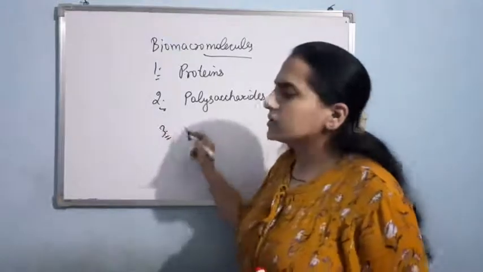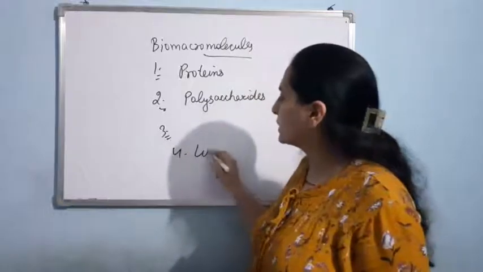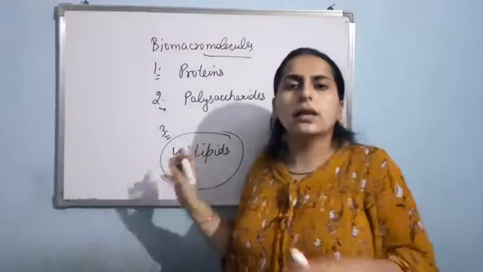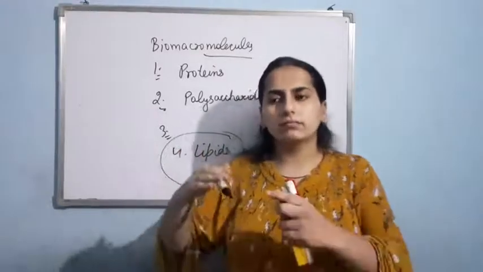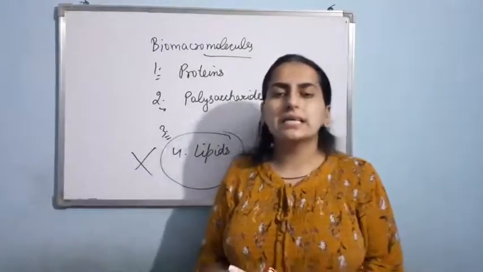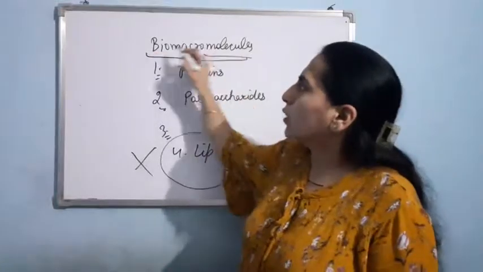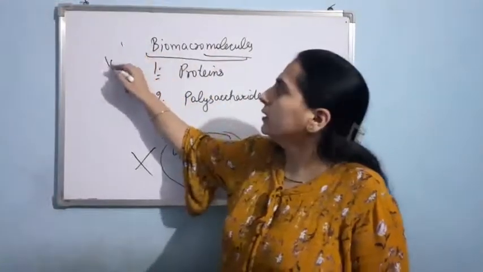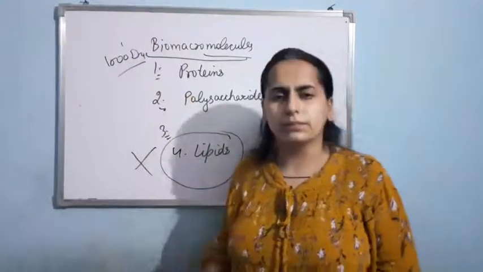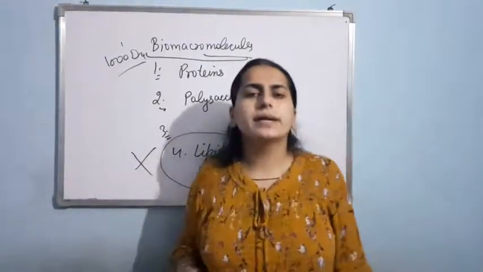Okay, plus we shall get the nucleic acid, and one thing, we shall get the lipids. Although the lipids we are getting in the retentate, they are not macromolecules. It means their size is not greater than 1000 Dalton. In order to be a biomacromolecule, the size should be greater than 1000 Dalton, even greater than 10,000 Dalton. But still, if I talk about lipid, their size is not greater than 1000 Dalton.